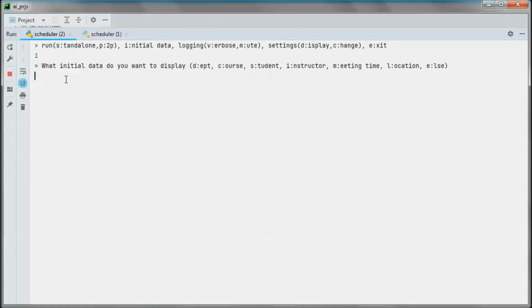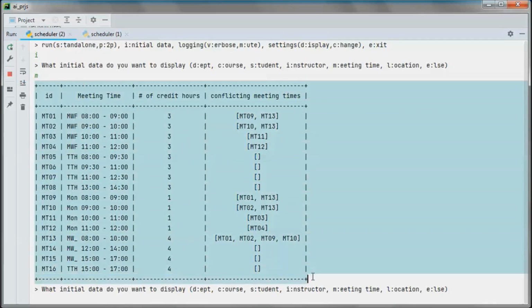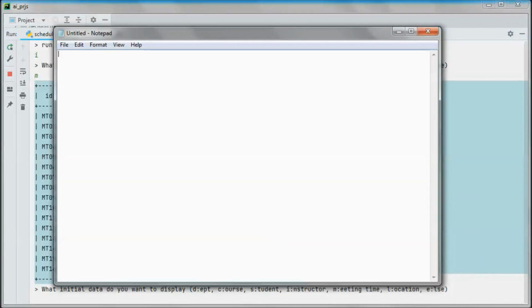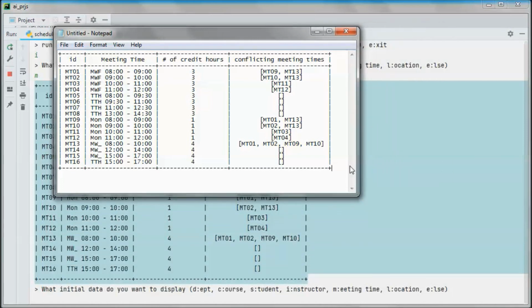So in this new version, this is the meeting times that we have. So let's copy those and put them here, since we will be using them shortly.